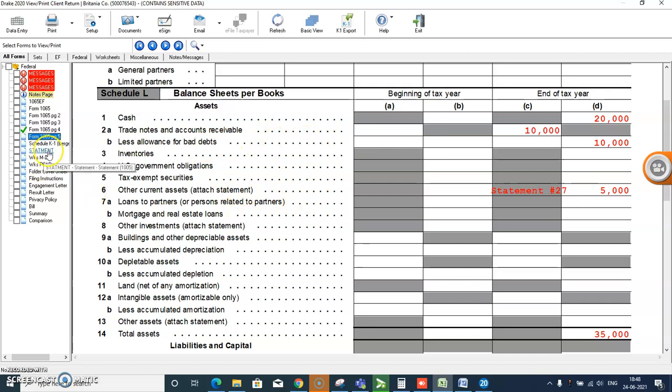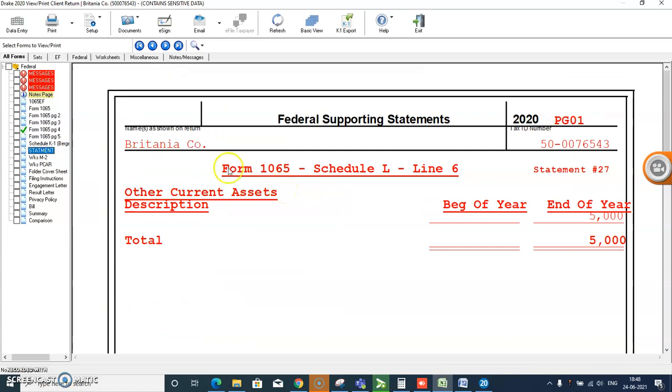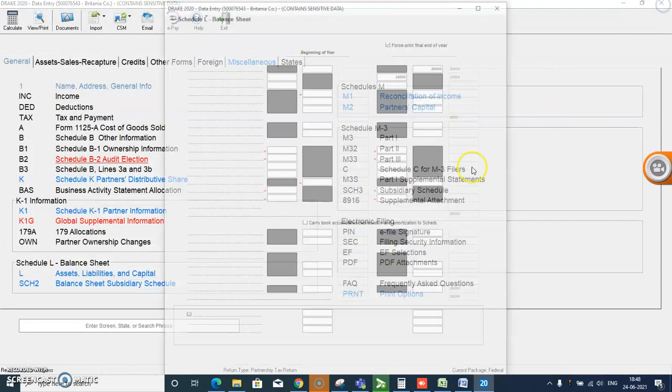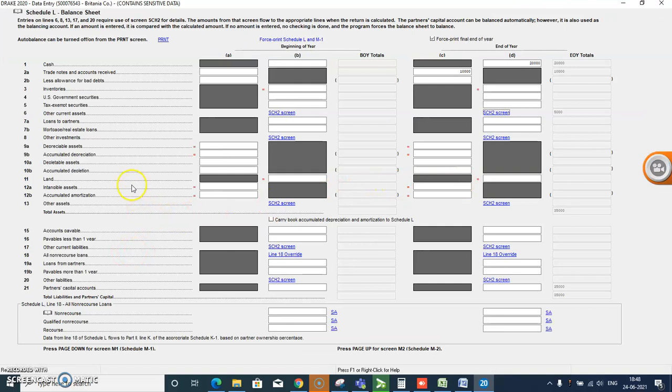You also have a statement. We haven't done that yet, so we need to fill in other asset information.